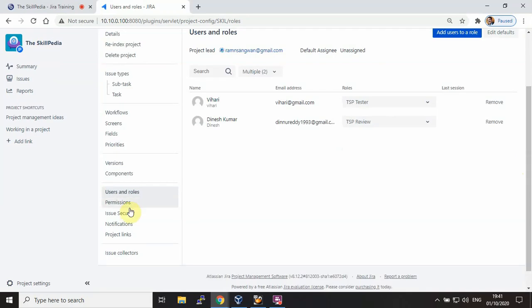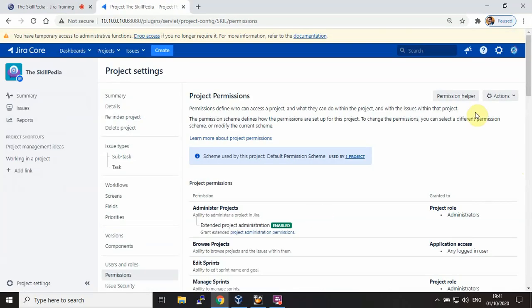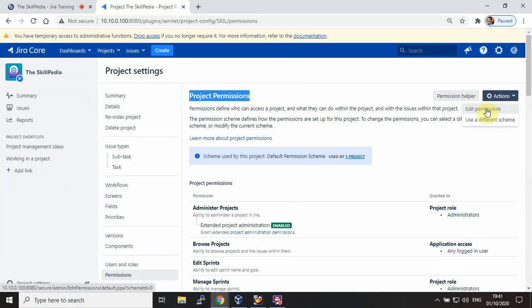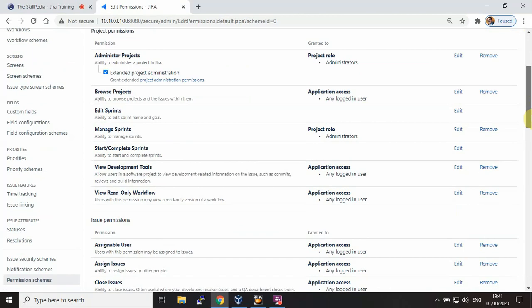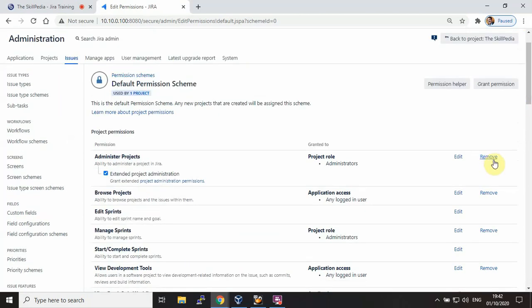Similarly, if you look at the permissions here, you will see the same thing, project permissions. These are specific to this project now. Project permissions, permission helper, and actions here, edit permissions. So if you edit permissions here, you can edit the permissions, and same thing, you can assign permissions, what permissions you want to assign, right?